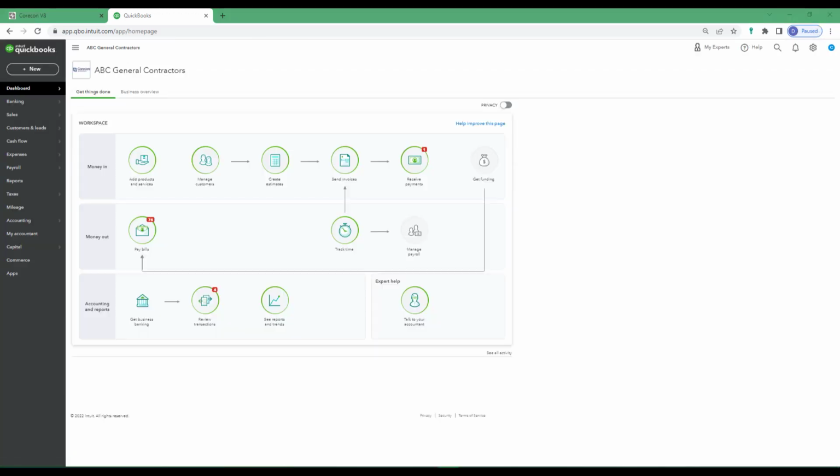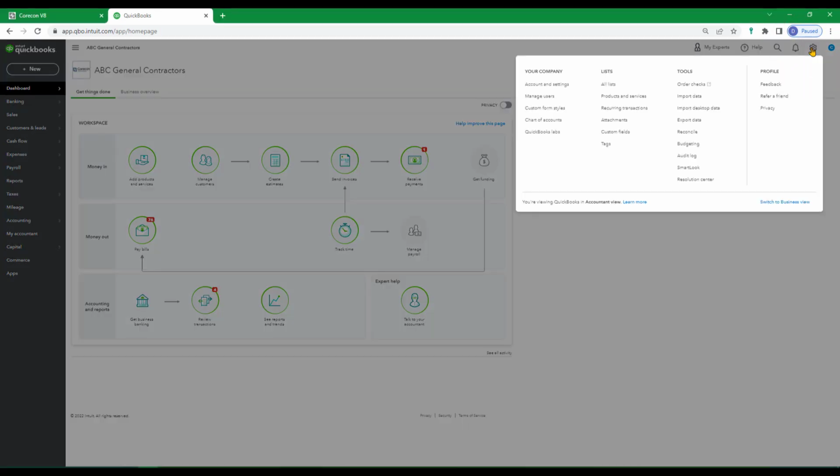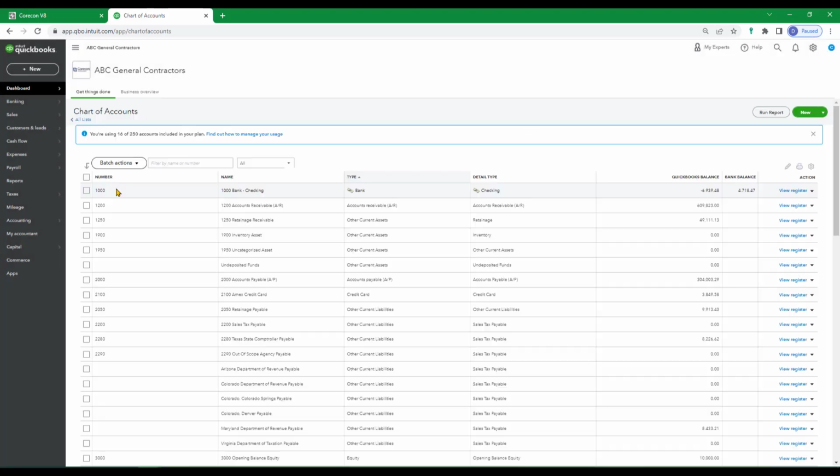You may also want to give attention to your chart of accounts. We do recommend that the chart of account numbering is turned on and that numbers are assigned to those accounts that Corecon will affect when information is imported into QuickBooks Online. It's also important to note that the accounts that will be affected have a very specific detail type. So if this is not already turned on, that can be done under the column settings here on the right-hand